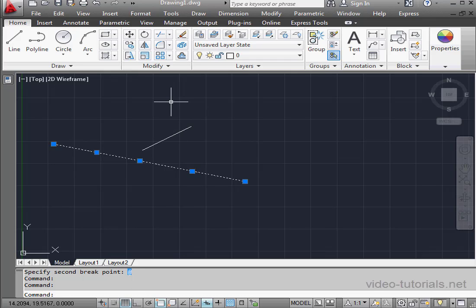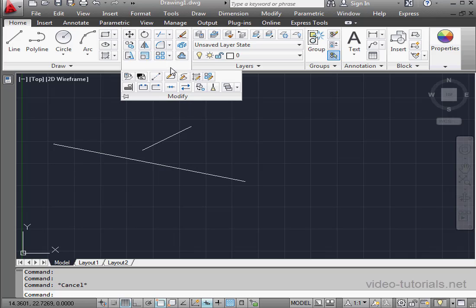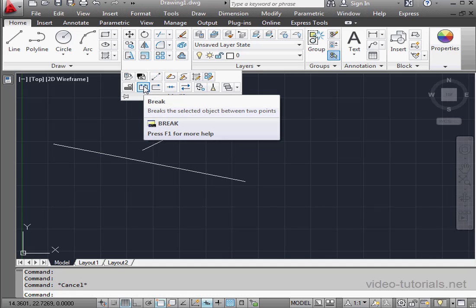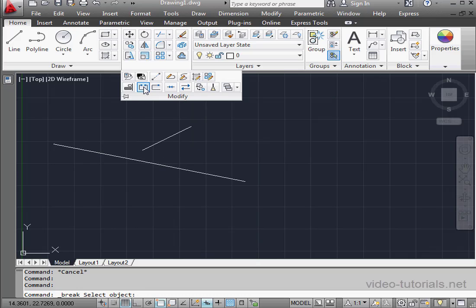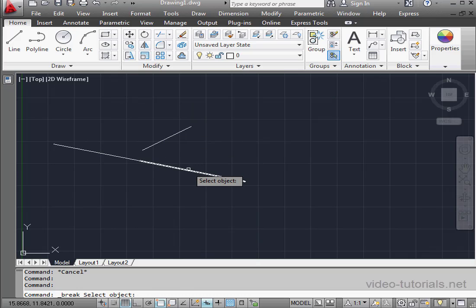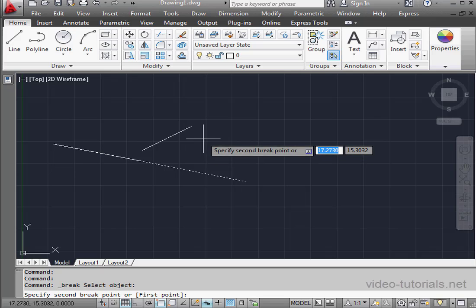We're able to use the break tool itself in a similar fashion. Let me show you what I mean. Let's activate the break command. Now select this line. Right-click, scroll to first point,